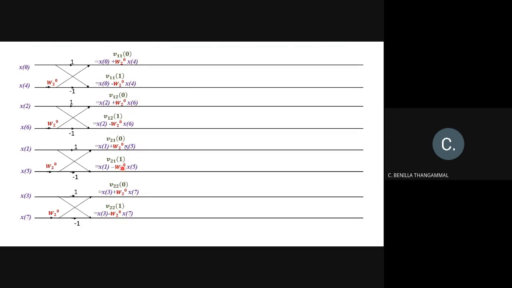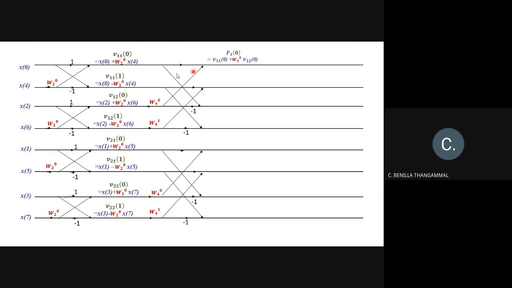Next, this will be the input for the second stage, which is nothing but your 4-point. So this 4-point here, and then here the arrow marks, and the periodicity is going to be 2. So the upper part will be 1, 1, and the lower part will be minus 1. And then the twiddle factor is going to be W suffix 4 power 0. So for the 4-point it will be W suffix 4 power 0, W suffix 4 power 1, W suffix 4 power 0, W suffix 4 power 1. W suffix 4 power 0 is going to be 1, and W suffix 4 power 1 value is going to be minus j. So how can we calculate?